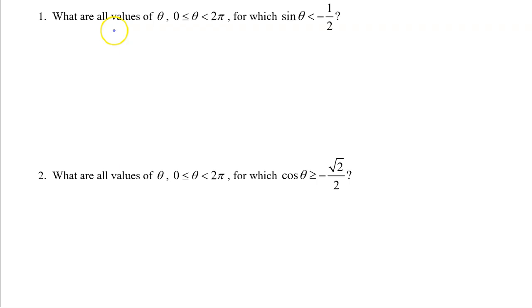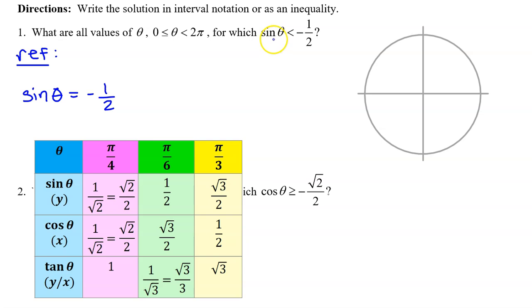Number 1. What are all values of theta on the interval from 0 to 2 pi for which sine theta is less than negative 1/2? In order to find where sine theta is less than negative 1/2, we first must find where sine theta is equal to negative 1/2. We can find the reference angle by asking the sine of what is 1/2, ignoring the